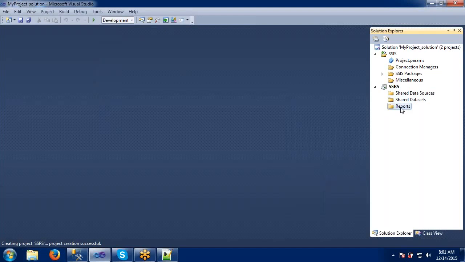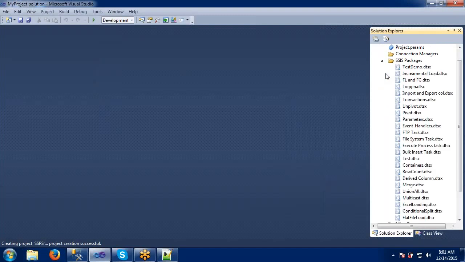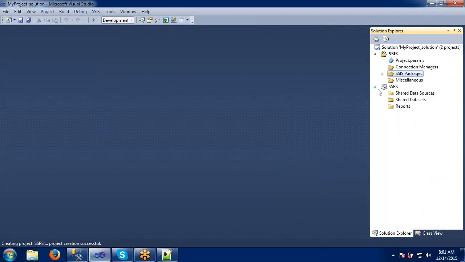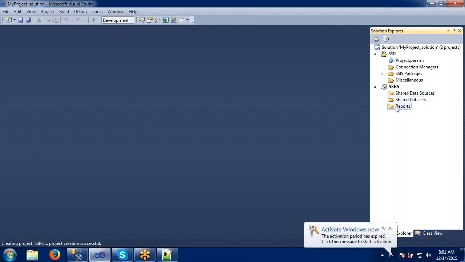Okay, so in SSIS, if you have opened SSIS, you will directly find sample packages. Here we can see one package will be created automatically, right? But coming to SSRS, it's not like that. We have some steps to be followed before we create an SSRS report. What are those things? First, let me show you the shared data sets and reports here.